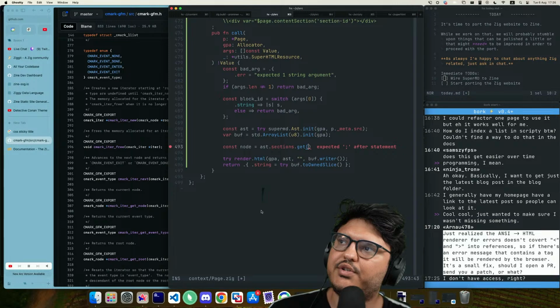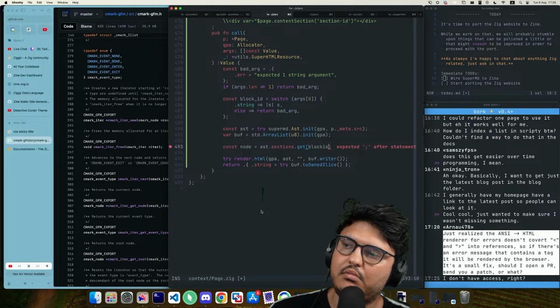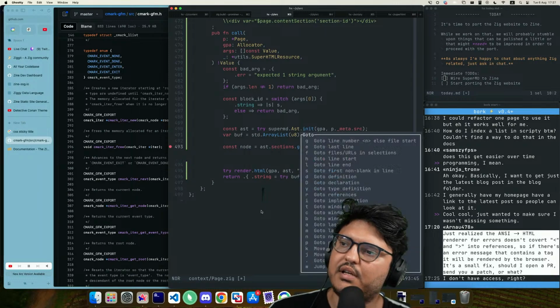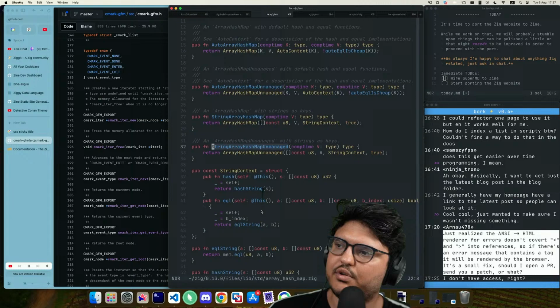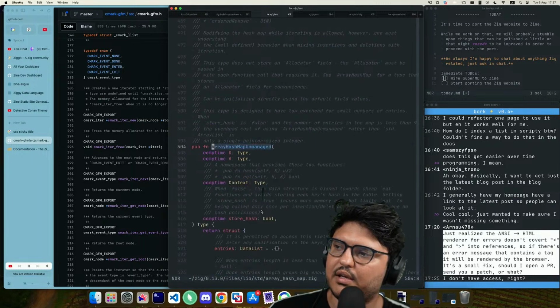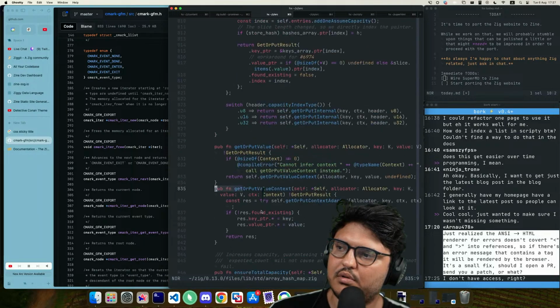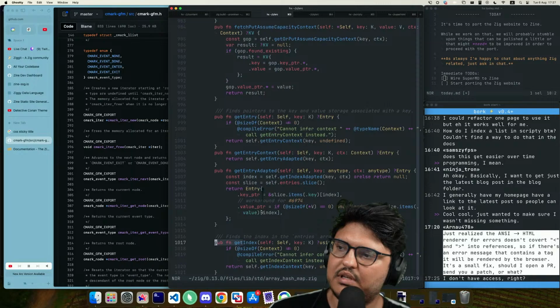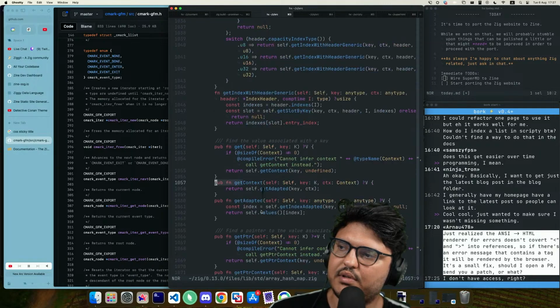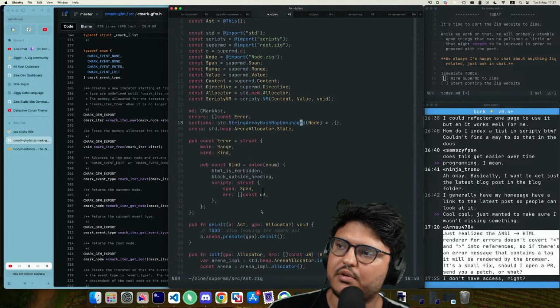Okay, sections get block ID. I think it should be get or null. Wait, is it get or null? Does get return an optional or does it error out? Get or put, get entry, get index, get. Returns an optional. Okay, perfect.